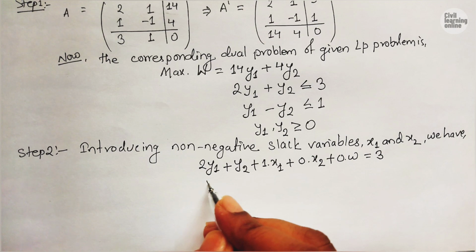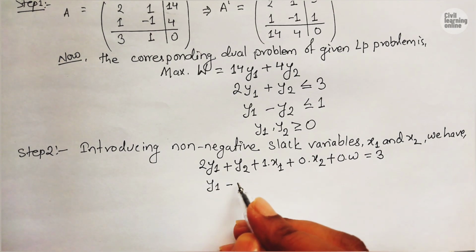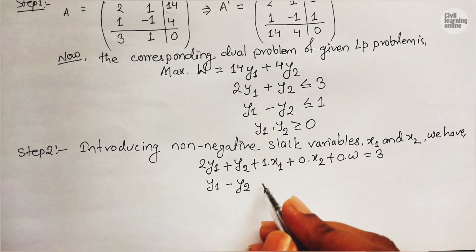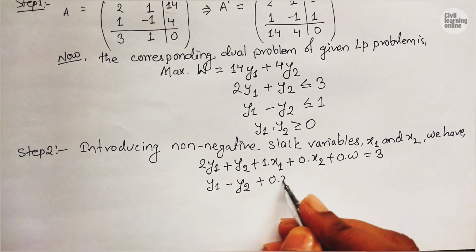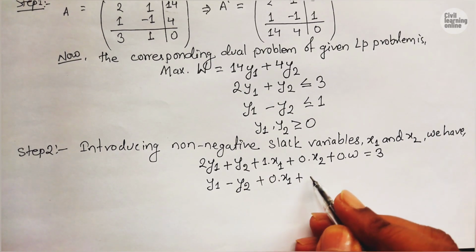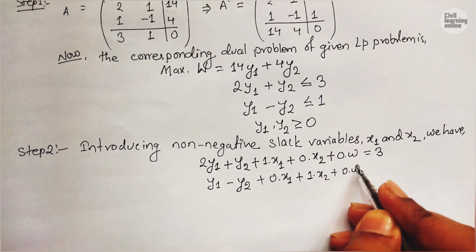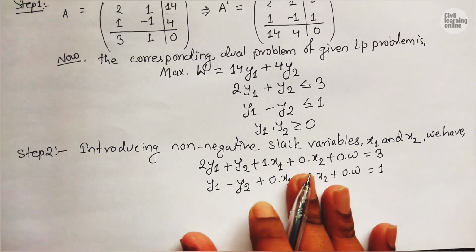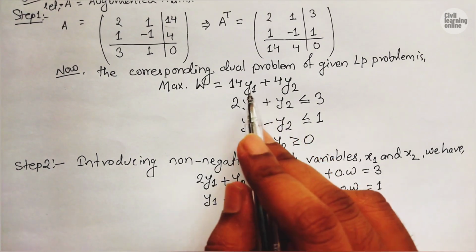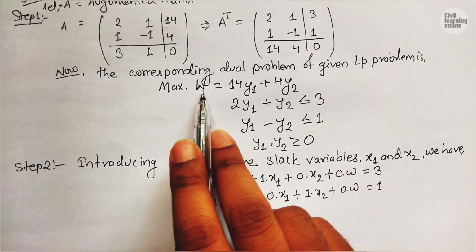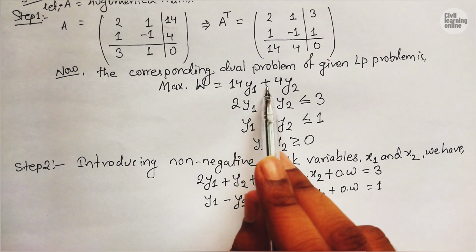Similarly we will again have y1 minus y2 plus 0 times x1 plus 1 times x2 plus 0 times w equals 1. And again the concept which I told you, that for maximizing, this is our objective function, and